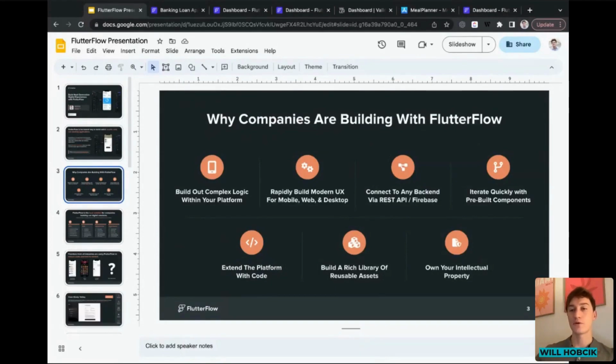We can build quickly with these components, and we also released a theme v2 this week, which allows you to essentially save any custom widget and use that across your project. So we're building for scaling design systems. And then you can extend the platform with code, adding custom functions, actions, widgets, build a rich library of themes, components, images, functions to use across all projects. And those can stay as core components.